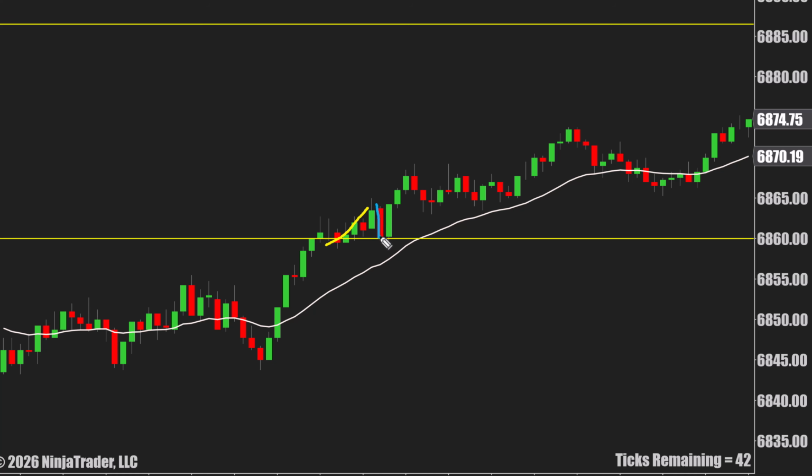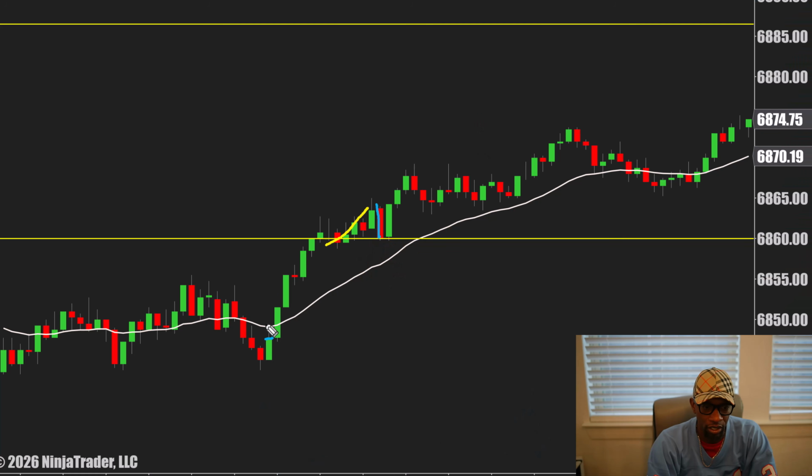So many people jumped on that. This is why you do not trade off of one single candle. You know how many people went short right there? They're saying this run is over. We had 1, 2, 3, might as well count 4, 5, 6, 7 greens in a row. One red, couple more greens. People see that big red candle, they say the trend has to be over, the run has to be over, time to go the other way. And this is exactly how you get chopped to pieces.